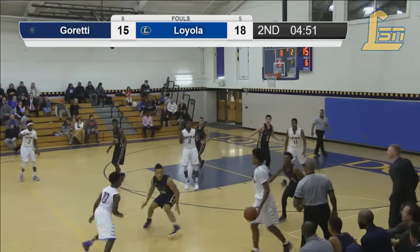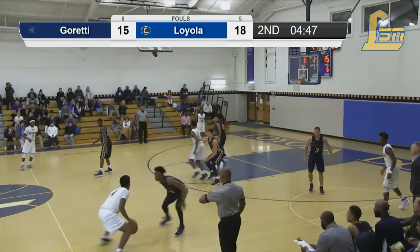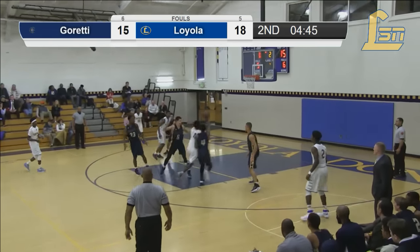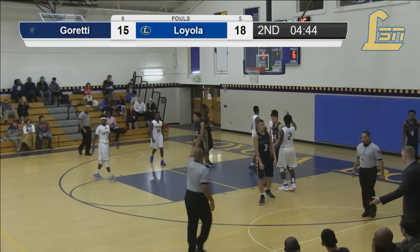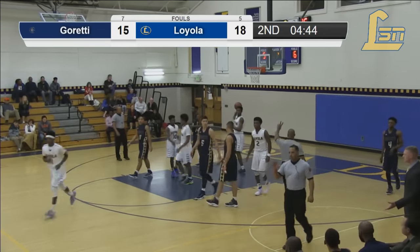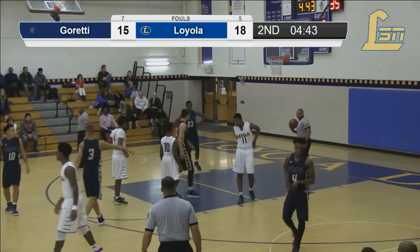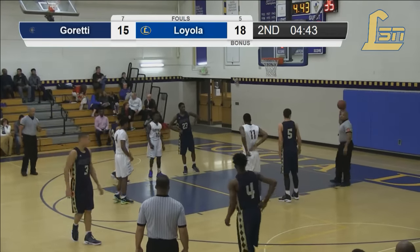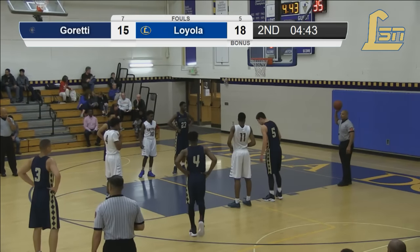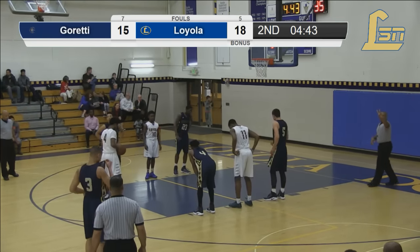Shaw has it in the corner. Knockhead calling for it in the post. Shaw driving here, and he'll be shooting too. That's Shaw doing really a good job of penetrating and drawing the foul. Could have had the and-one if it weren't for a lucky roll, but you gotta like Shaw's aggression right now, driving to the basket and drawing the fouls. Absolutely, and